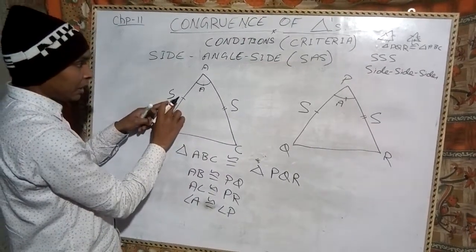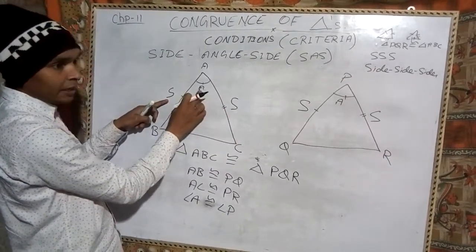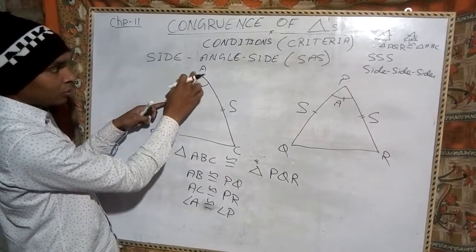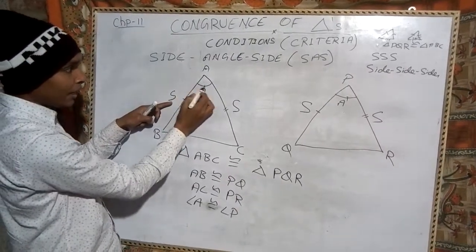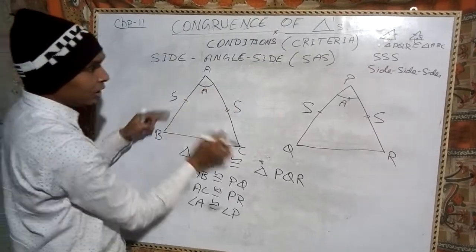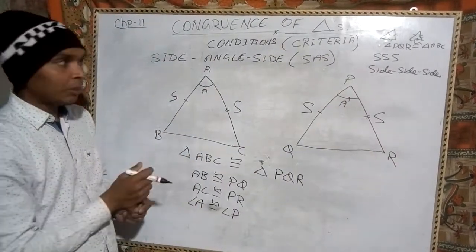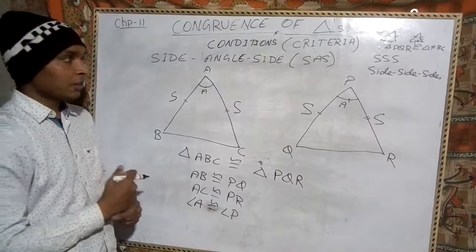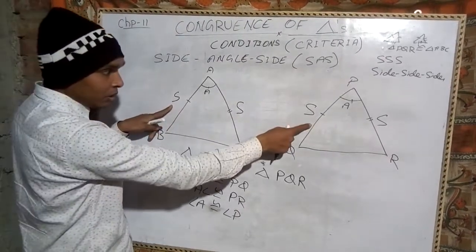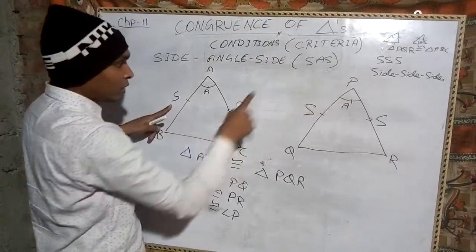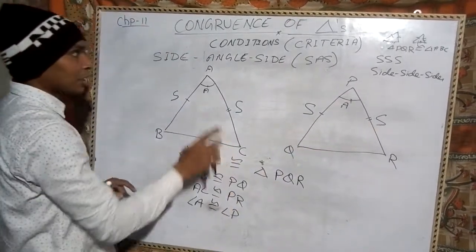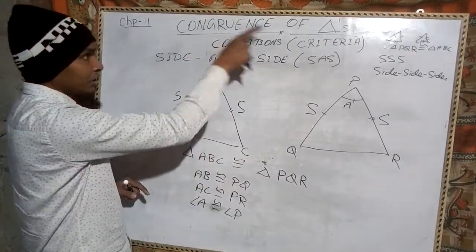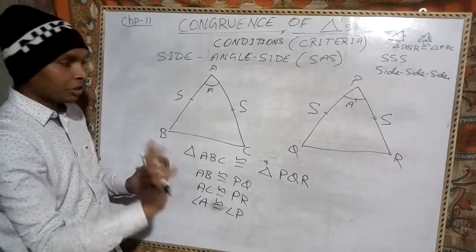When this side and the included angle means जब ये साइड और इन दोनों साइड का जो कॉमन पॉइंट है, कॉमन वर्टिक्स है, और इन दोनों का जो कॉमन एंगल है, इंक्लूडेड एंगल, जब ये तीनों कंडीशन इस तीनों कंडीशन के साथ इक्वल एंड सिमिलर होते हैं तो वी कैन से साइड एंगल साइड कंडीशन ऑफ कंजर्वेंसी ऑफ ट्राइंगल। मीन्स अगर ये साइड इस साइड के इक्वल हो, ये एंगल इस एंगल के इक्वल हो, और ये साइड इस साइड के इक्वल हो, तो हम कह सकते हैं दिस टाइप ऑफ ट्राइंगल, both triangles are equal and similar, means congruency. Okay, both are congruent triangles.